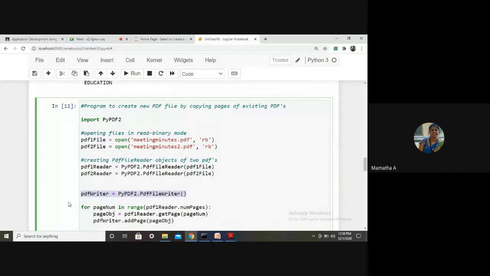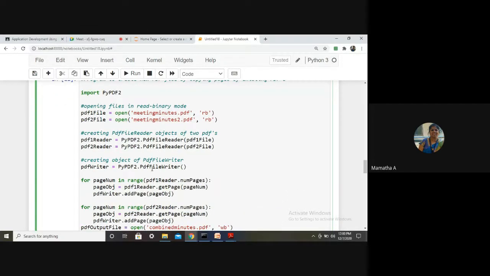Next, what is this creating? What is the second step? An object of PDF file writer. Why? Because I am combining these two PDFs as a single PDF, so I'm creating a new PDF.